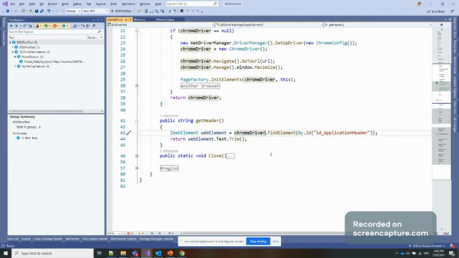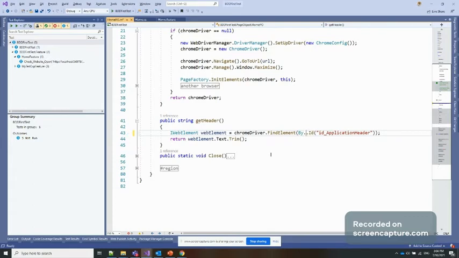You can use another method also, FindElements, Manage, so many things are there, but there are 4 or 5 types of methods we use frequently, so we are not going to use anything apart from that. So with FindElement, we are identifying this element by the ID, so that's why we put By dot Id.